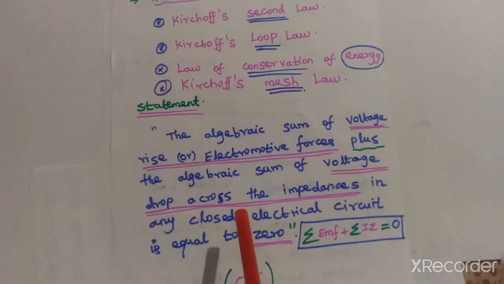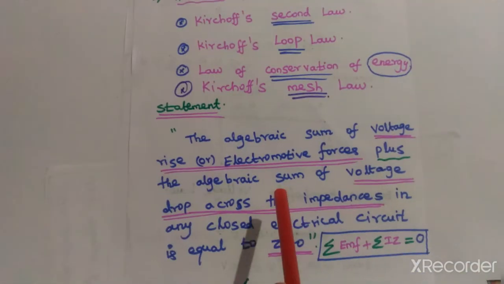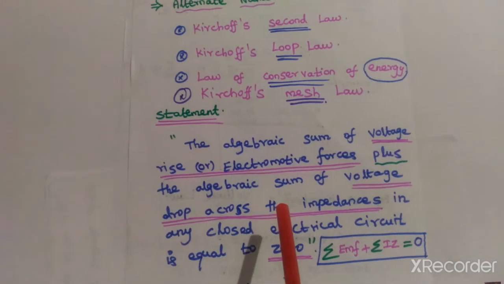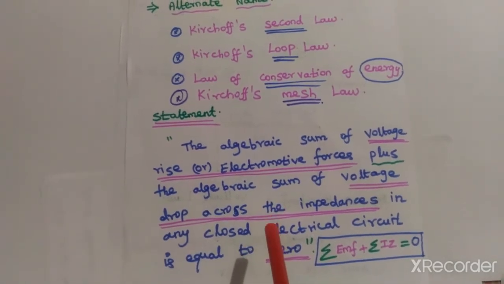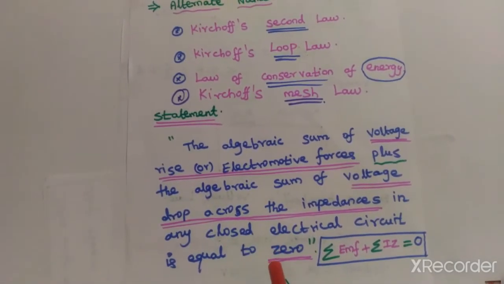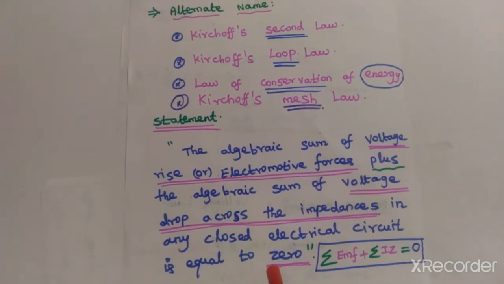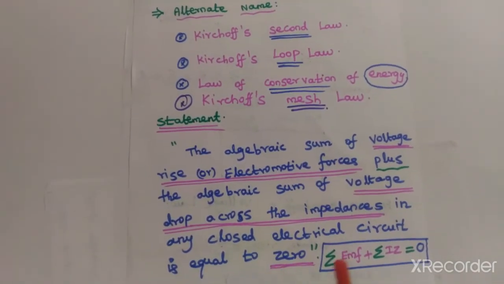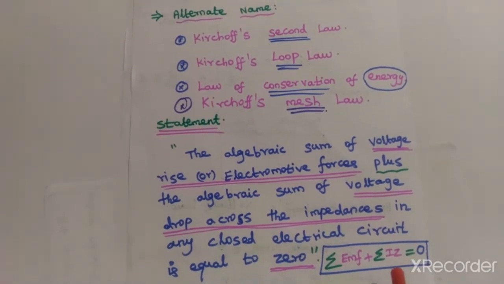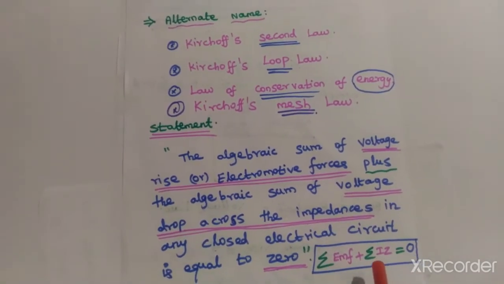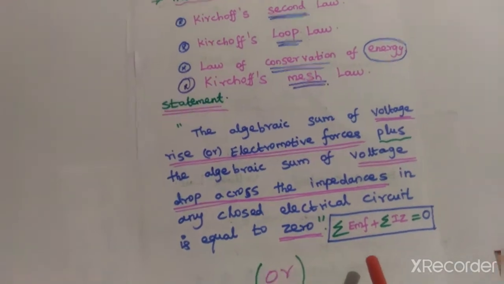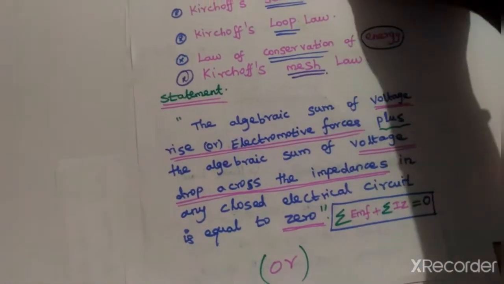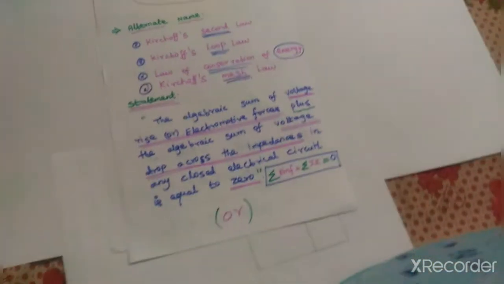The algebraic sum of voltage rise or electromotive force plus the algebraic sum of voltage drop across the impedances in a closed electrical circuit is equal to 0. That is, the voltage applied to the circuit plus the drop across the resistance or impedance is equal to 0 in a closed circuit. This is called Kirchhoff's voltage law, and this Kirchhoff's voltage law can also be